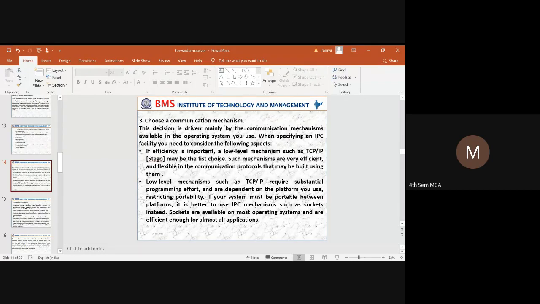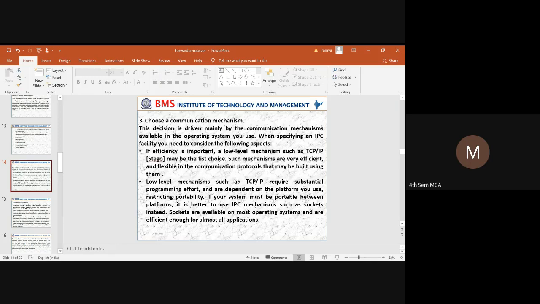For example, if we are using the TCP/IP protocol, is this protocol flexible for communication, and can we use it to build any application over it? That has to be identified based on the efficiency of the